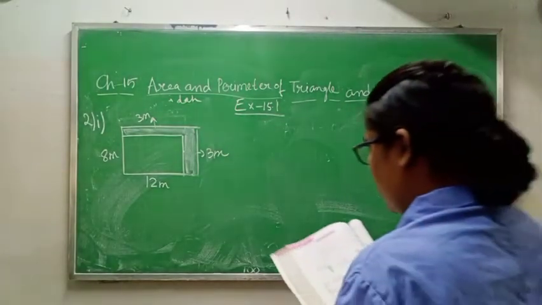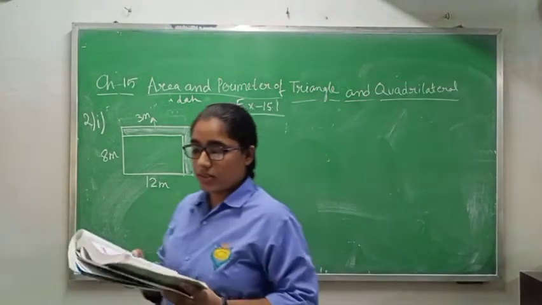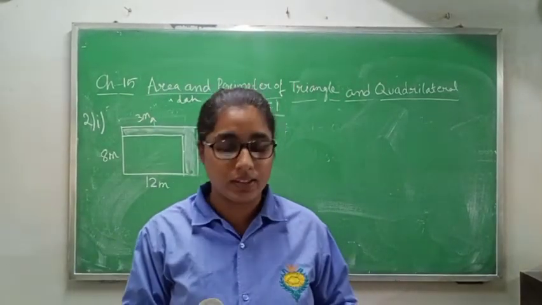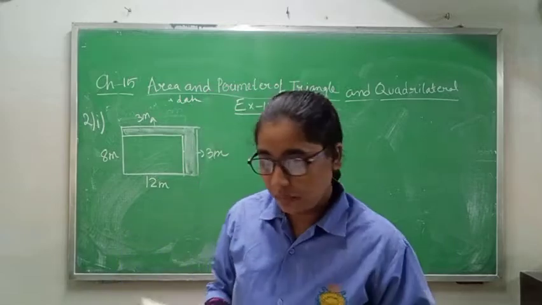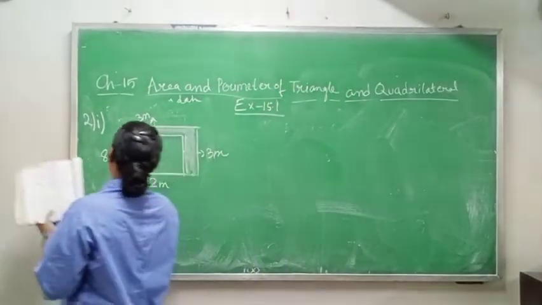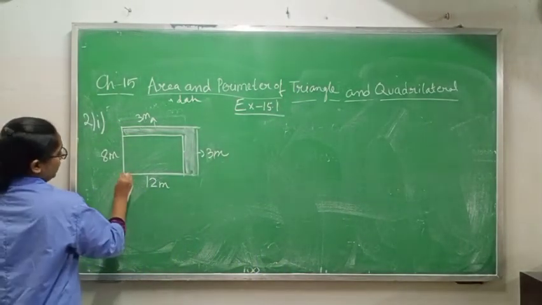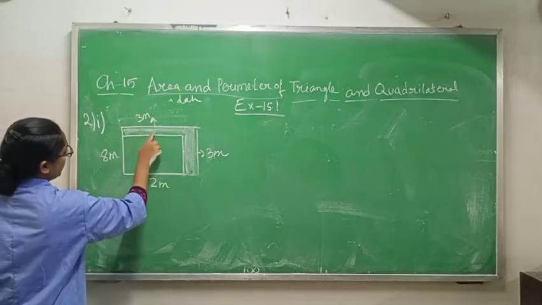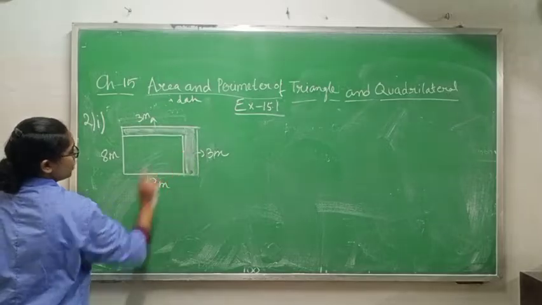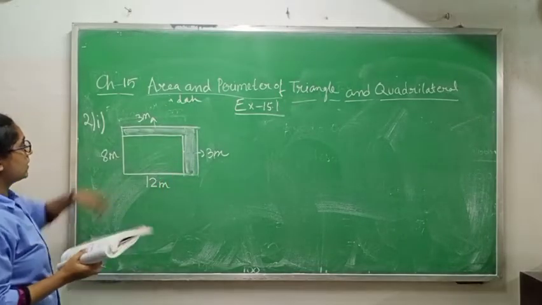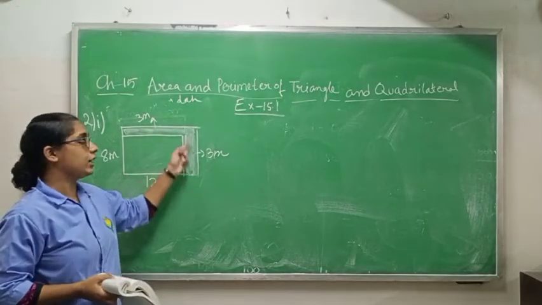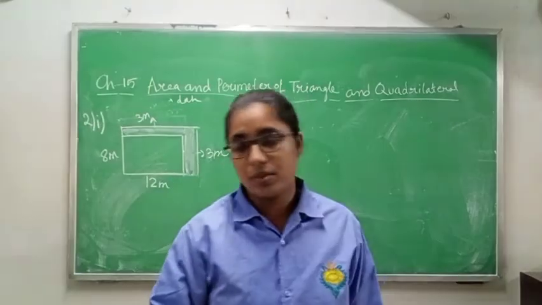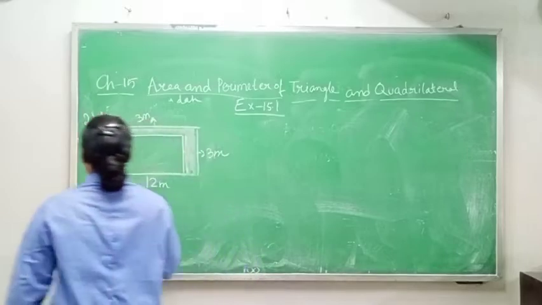Class 9C, question number 2.1. In question number 2 it is written, let us see the following pictures and calculate the area of its colored part. So in the first question, Roman 1, the diagram is like this. From this length is 12, this is 8, this width is 3 meter, and this width is 3 meter. Okay, and this is the colored portion. You have to find area of colored portion only. Okay, so how will you do this sum? Please look at the board.